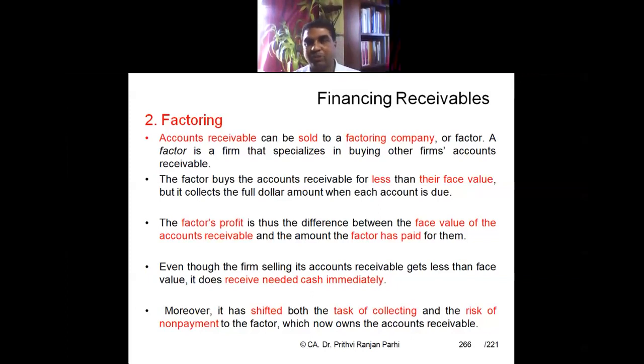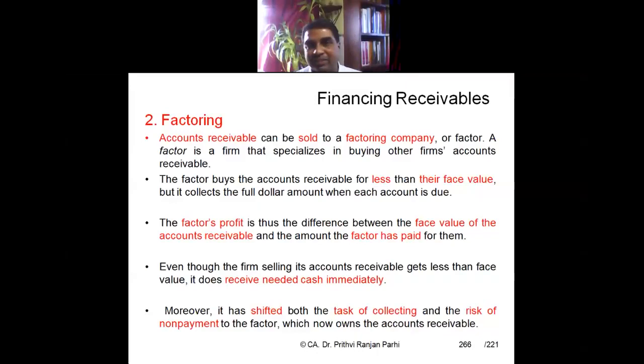And the factor also takes the risk. Suppose out of 100 lakh, the entire 100 lakh will not be recovered. There are, in fact, broadly two kinds of factoring. One is called with recourse, the other one is without recourse. With recourse means, suppose